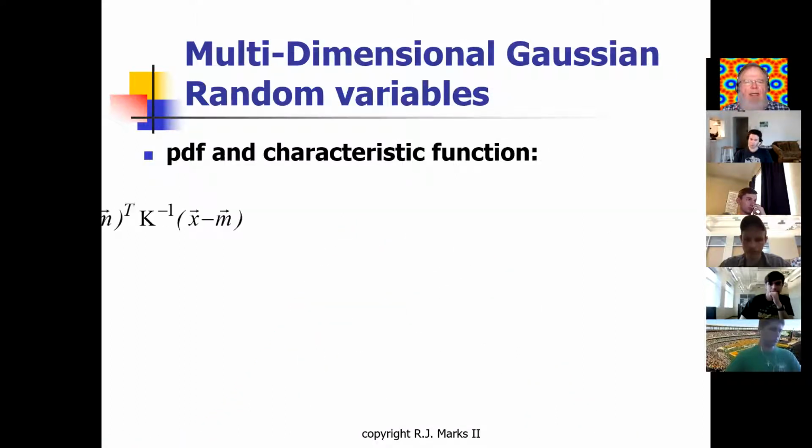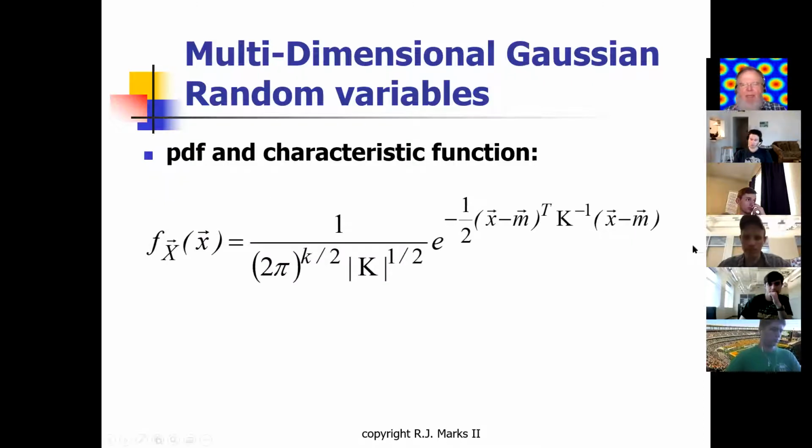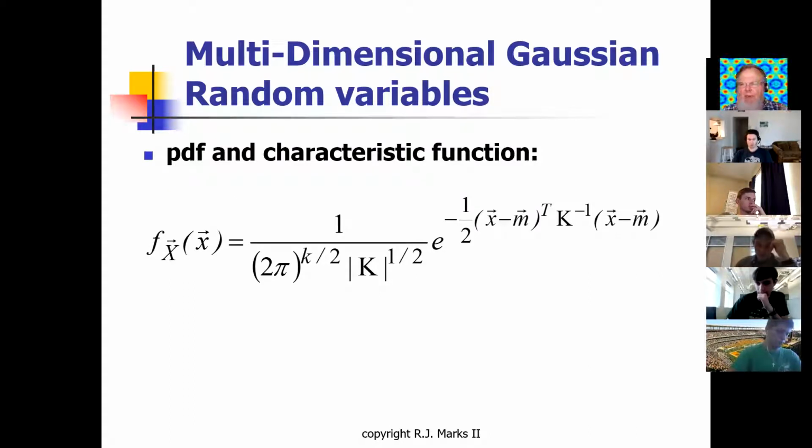Here we have the probability density function for a k-dimensional Gaussian probability density function. So this is a Gaussian probability density function in small k dimensions. Now, don't confuse this with the upper value of K. The upper value of K is the autocovariance matrix. And we have talked about the autocovariance matrix previously. The autocovariance matrix is something which you can generate from statistical data.